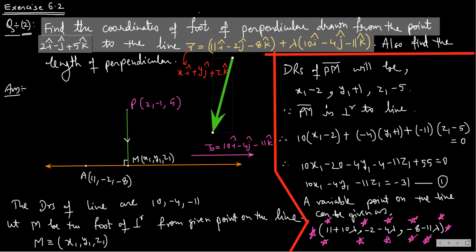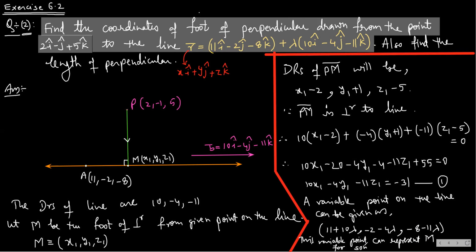Okay, so see what I write next. I write: this variable point can represent M for some specific lambda. So now I will take this as x1, this as y1, the y coordinate, and this one as z1, the z coordinate, and substitute in equation 1. Using the variable point in equation 1, therefore equation 1 becomes,